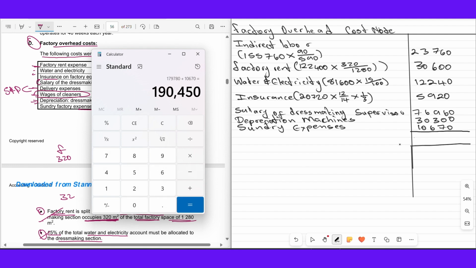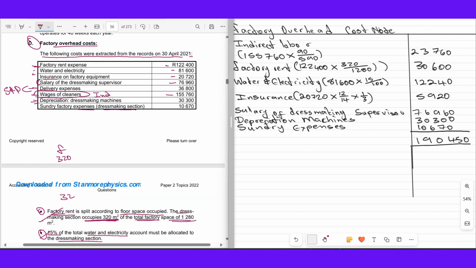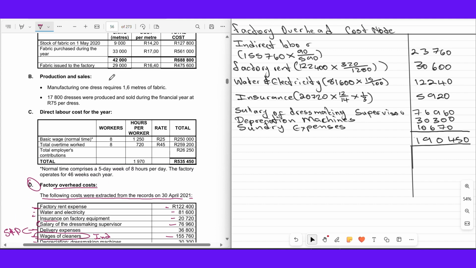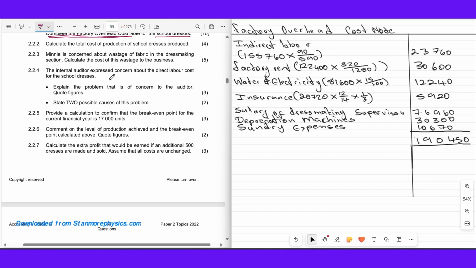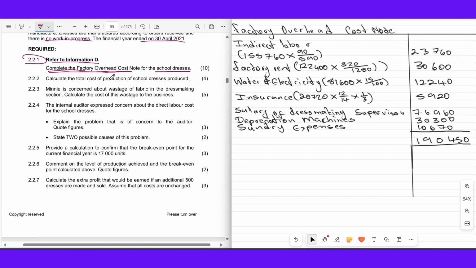The reason why I'm calling these numbers one by one is that I don't want to make any mistakes, because I want to be more accurate. Now we are done with our factory overhead. So this amount here,